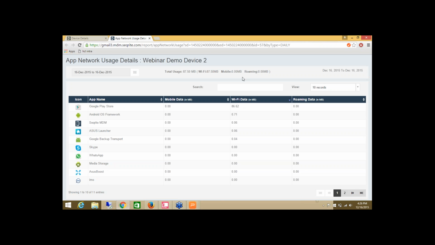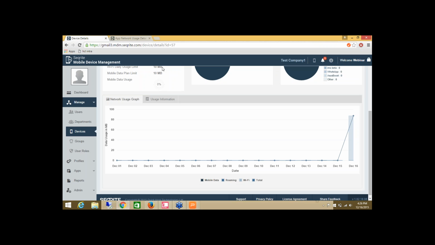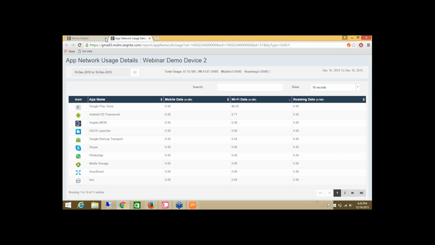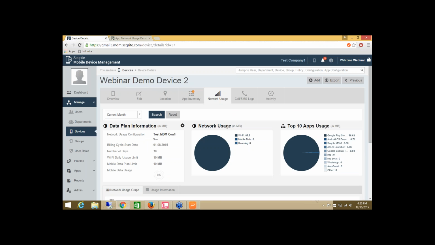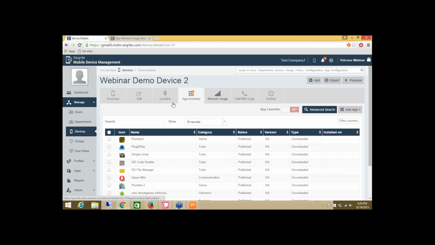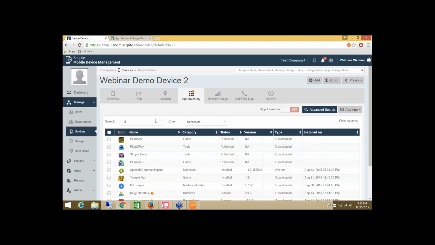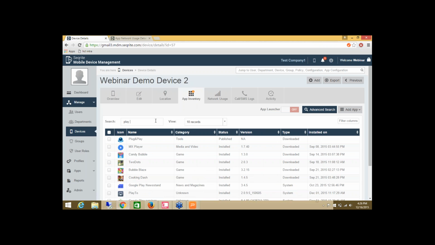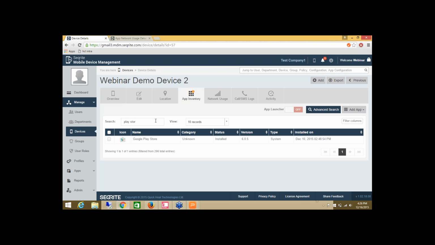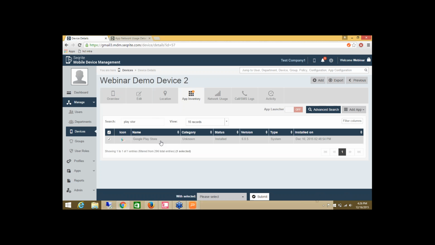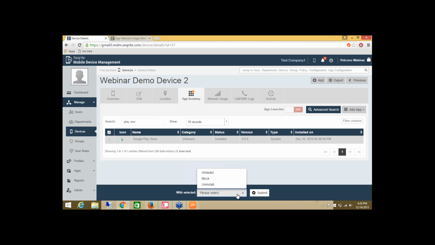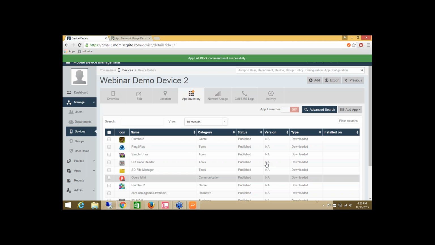If the admin wants to block that application, he can do it in a few simple steps. He just has to go into the app inventory of the device, search for Google Play Store, select that application, block it and submit it.